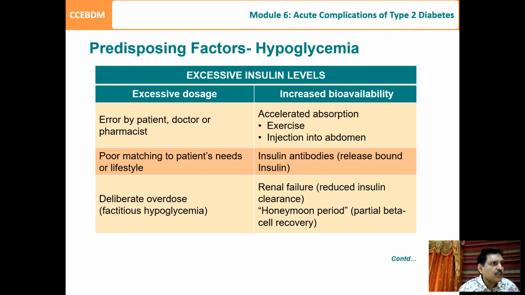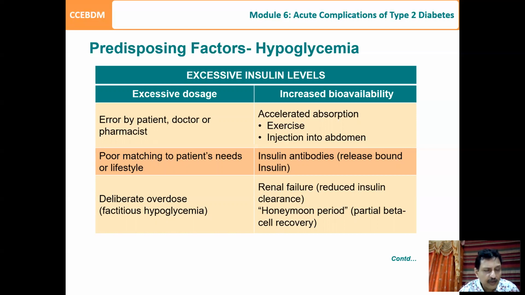So excessive insulin level, which can cause hypoglycemia, may be an error on the part of the patient, the doctor, or the pharmacist. There may be a poor matching to the patient's needs and lifestyle. There may be deliberate overdose, fictitious hypoglycemia. Sometimes it is because of increased bioavailability of the insulin, as we have already discussed, in exercise or injection into the abdomen,